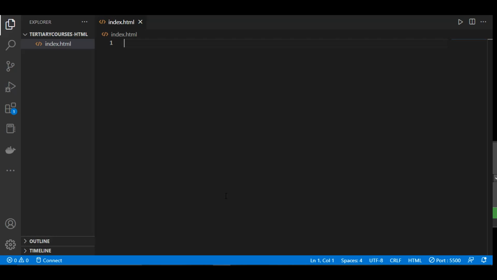Today we're gonna learn some tips and tricks about HTML. As you see at the left side, I have created one HTML file with the name index. So using the Emmet toolkit, I'm going to generate a simple template of HTML page by using